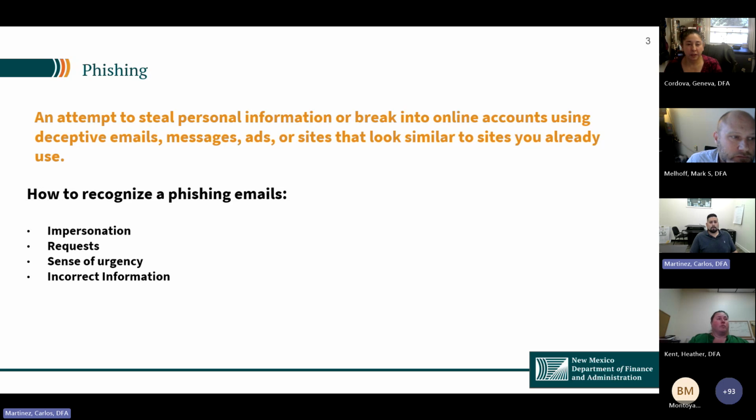One of the main ones that we're really going to focus on today is the phishing attacks. For those that don't know what a phishing attack is, it's an attempt to steal some personal information or gain access to some of your accounts using an email, a message, an ad, or additional sites.